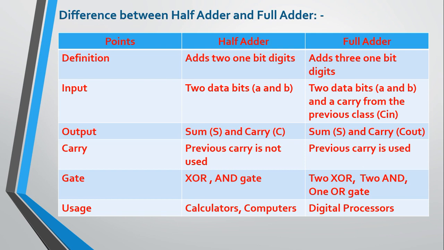I hope the concept is properly clear, and don't forget that half adders and full adders are part of combinational circuits only. So now the sequential circuit portion, that means flip-flop, right? Flip-flop is nothing but a memory location. So the last concept of the given unit is the flip-flop. There are 4 types of flip-flop which we need to understand, that we are going to learn in our next session.